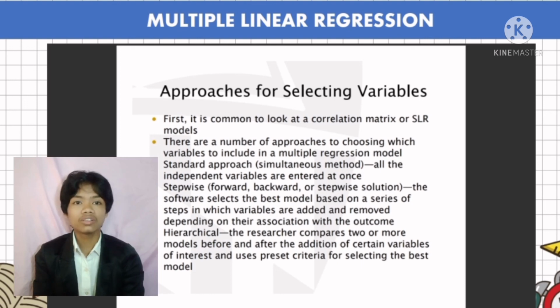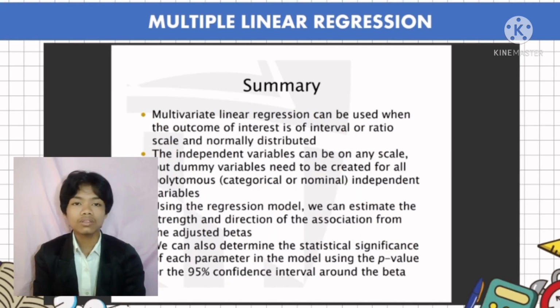Hierarchical, the researcher compares two or more models before and after the addition of certain variables of interest, and uses preset criteria for selecting the best model. So with that, to wrap up all the discussion, we have a summary of this discussion, which is multiple linear regression can be used when the outcome of interest is of interval or ratio scale and normally distributed. The independent variables can be on any scale, but dummy variables need to be created for all polytomous, categorical, or